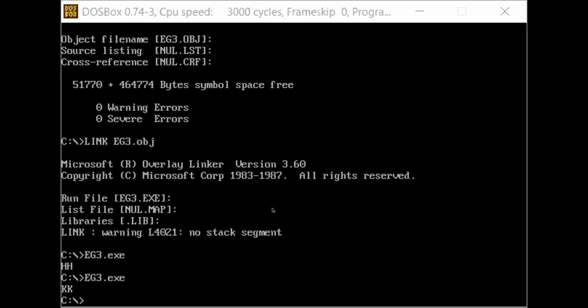What is this program? The program is EZ4. MASM EZ4.asm.